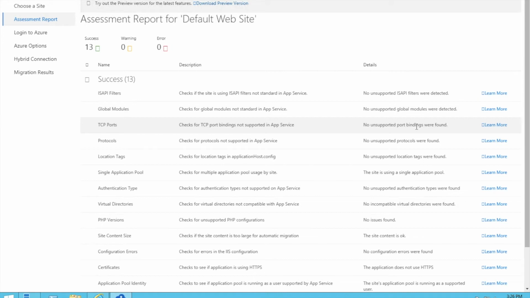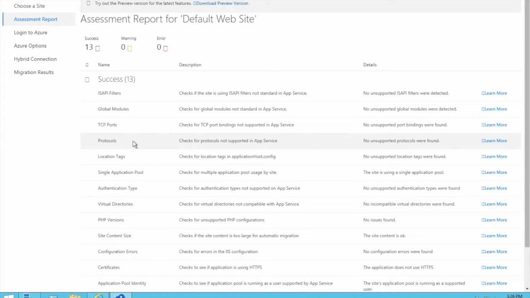This checks that the web app listens only on port 80 for HTTP and port 443 for HTTPS. Protocols: Azure App Service supports only HTTP and HTTPS protocols. If the customer has developed the application with WCF, this check will fail. So this is for protocols.